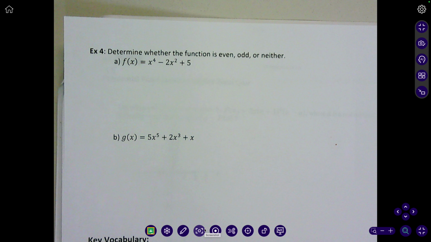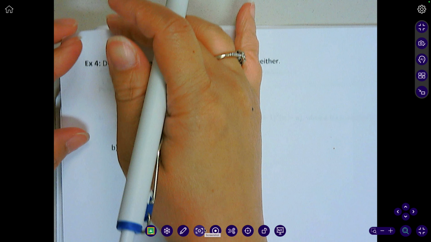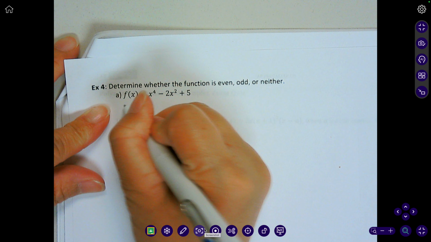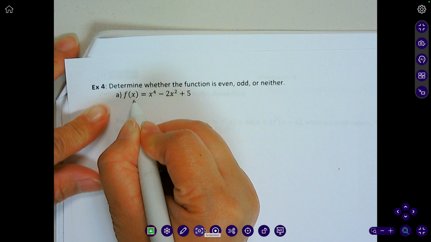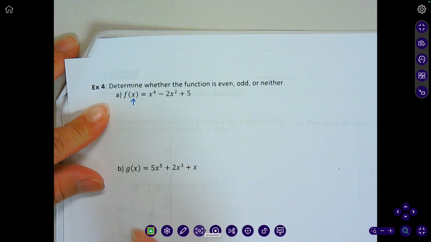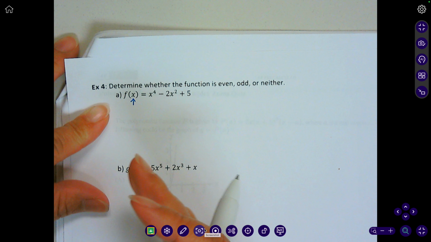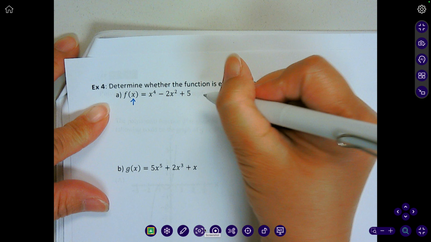That's the easiest way. Now, the other way is you just have to plug in the x and the negative x. And that's what we're going to do because we're in pre-calc. So we're not going to go with numbers, we're going to go with abstract variables. So this is how you're going to check. The cool thing when you use the variable is that this is already x. So you already have the x value. So now you just have to check